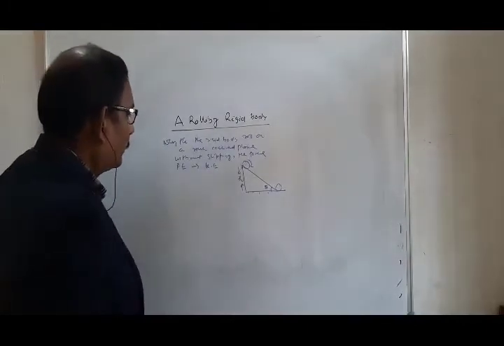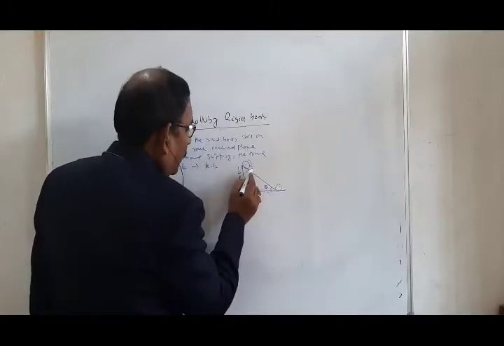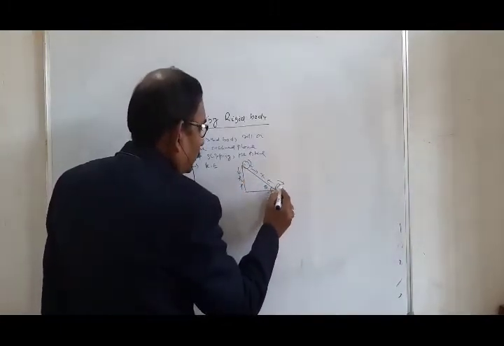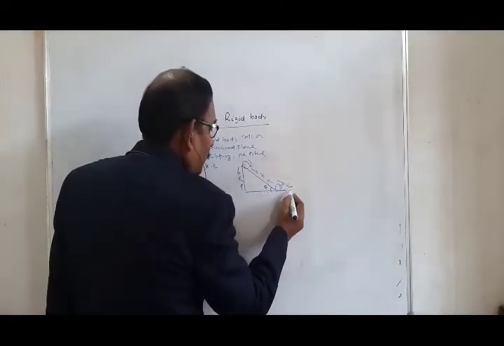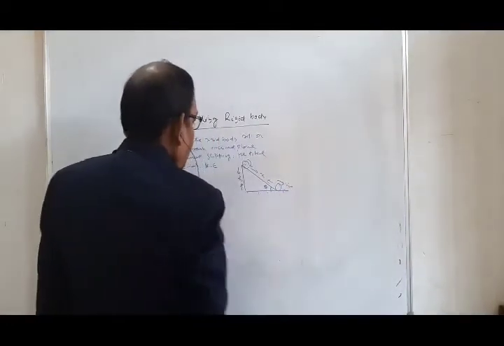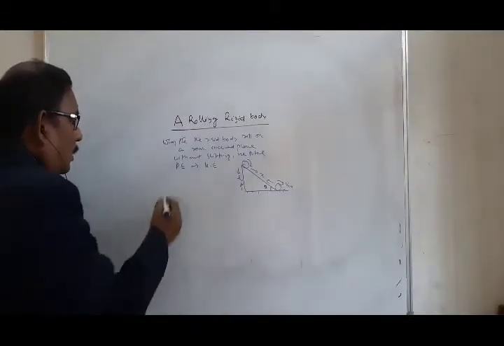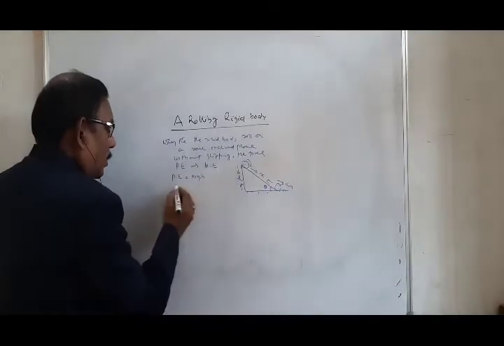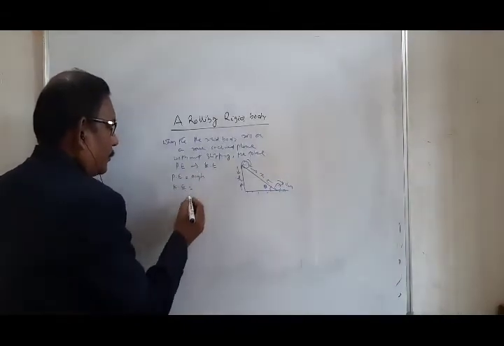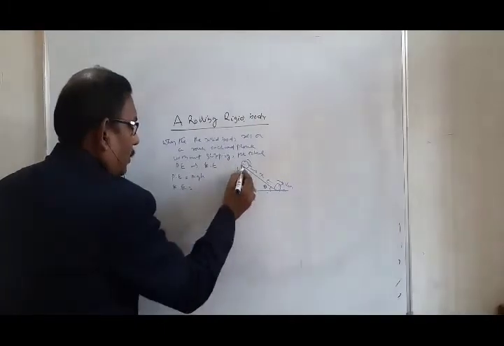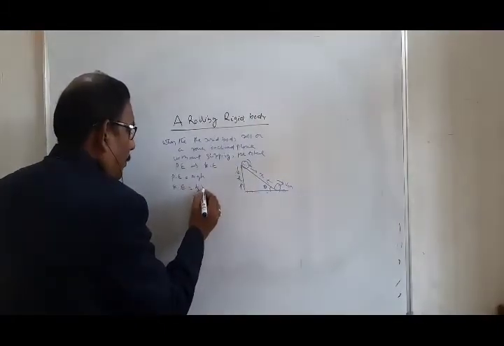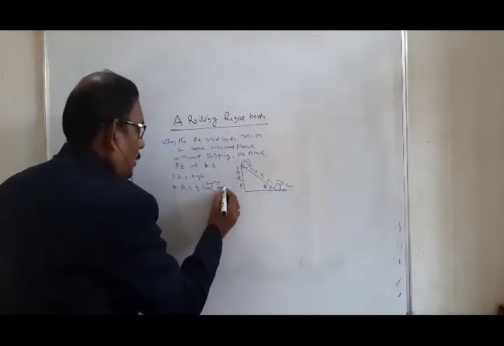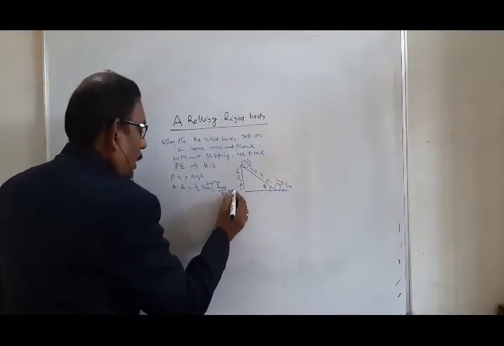So look here, the distance covered by the body from top to bottom is x. The potential energy is equal to m g h, and the kinetic energy on the rough surface is half V center of mass square times I_CM by r square plus m. Okay.